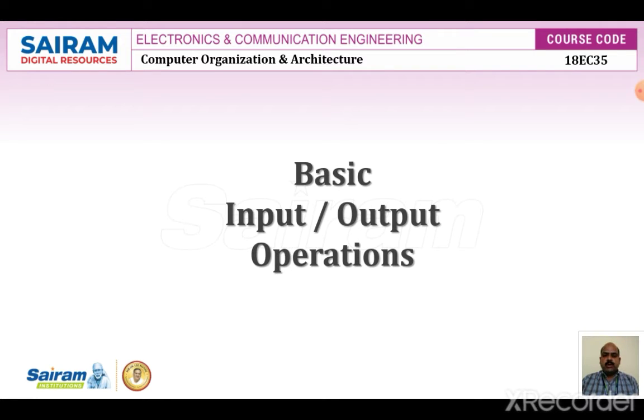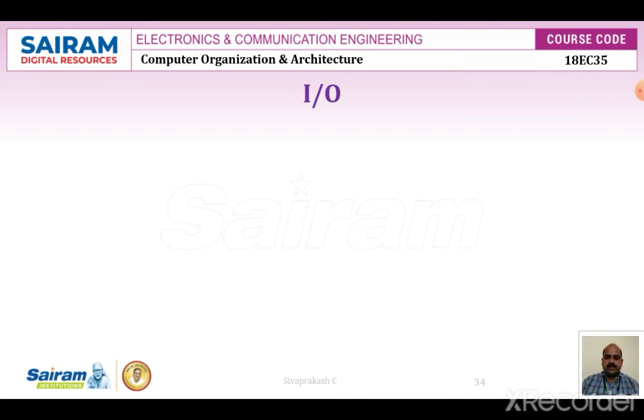So we are going to move on to the next topic, basic input output operations. What is basic input output operation? Consider the problem of moving a character code from the keyboard to the processor. For this transfer we need a buffer register, and a status control is also needed. So how does the processor accept input from the keyboard or input device and produce output to the output devices? Those operations are seen in this topic, basic input output operations.